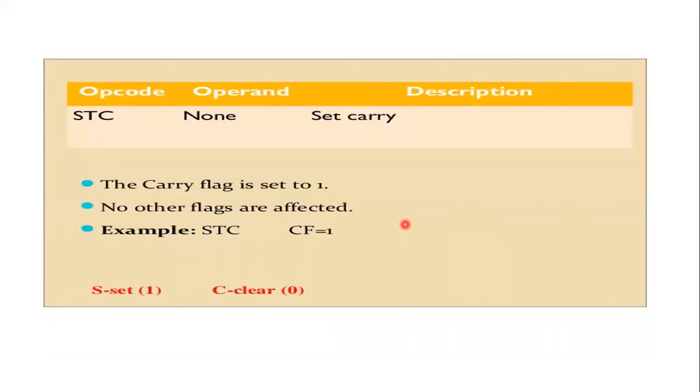So next opcode is STC, set carry. So the carry flag is set to 1 and no other flags are affected. So STC means the carry flag is set to 1.